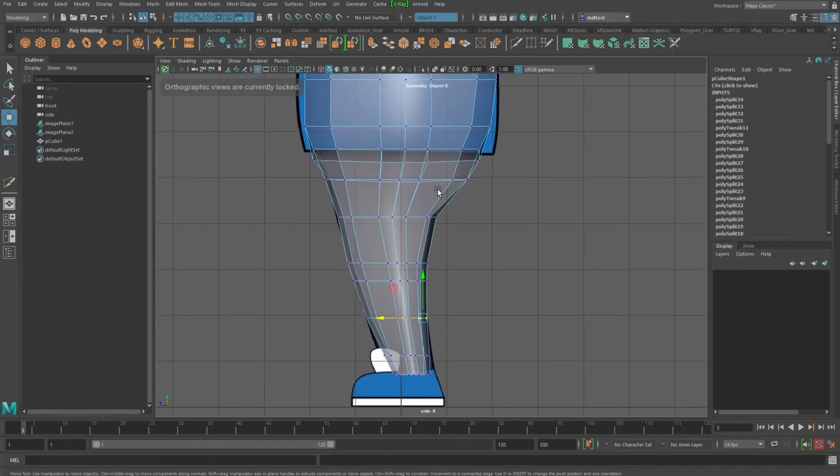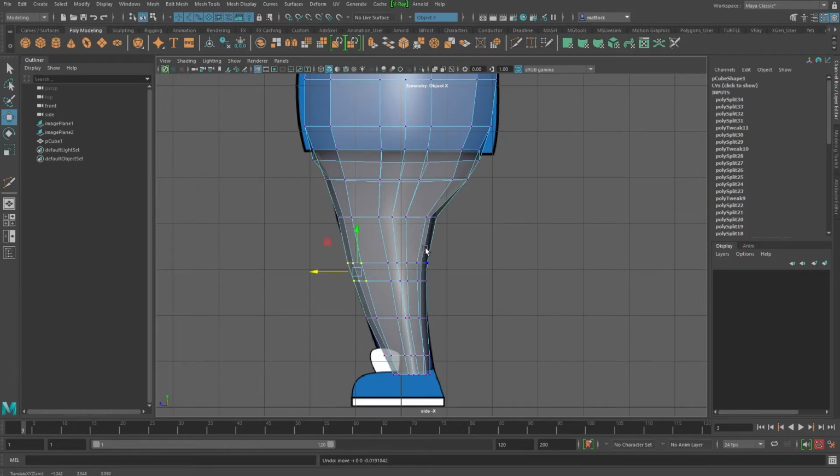And something else I use a lot as well, I'll show you this now while we're here actually. At the moment, if I select these vertices and move them, they're just moving those ones. Sometimes there comes a point, especially as we refine the mesh and get a bit more dense, that you might want to transform some of the other vertices, but with a sort of soft selection, so it's sort of gradiated off.